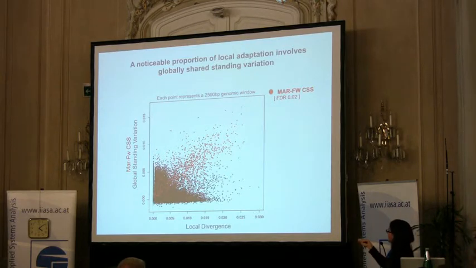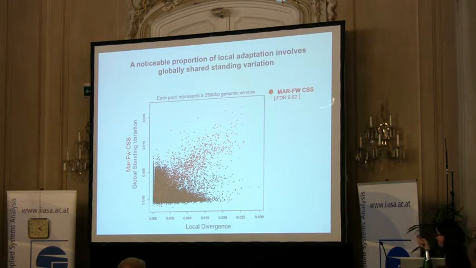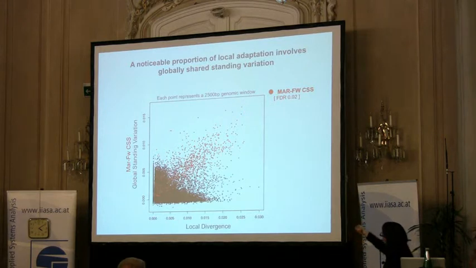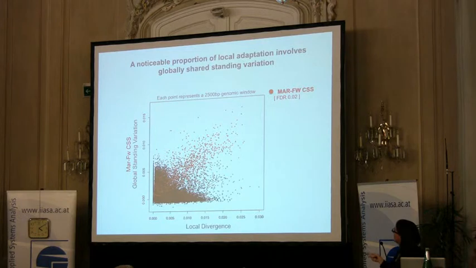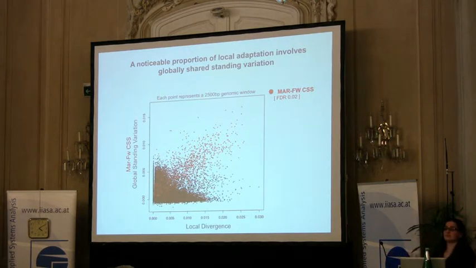Each of these dots represents one window in the genome, and I've color-coded in red just those windows that pass a false discovery rate of 0.02 for the globally shared variation. If you look at this part of the x-axis here, these are regions of the genome that are great candidates for reproductive isolation. Between a given pair, they're locally divergent and probably underlie the genes-by-environment interactions that I spoke about earlier. Some of that, actually a fair proportion, does come from globally shared variation. So we think that reproductive isolation between any given pair does rely quite heavily, or at least to some degree, on globally relevant variation.